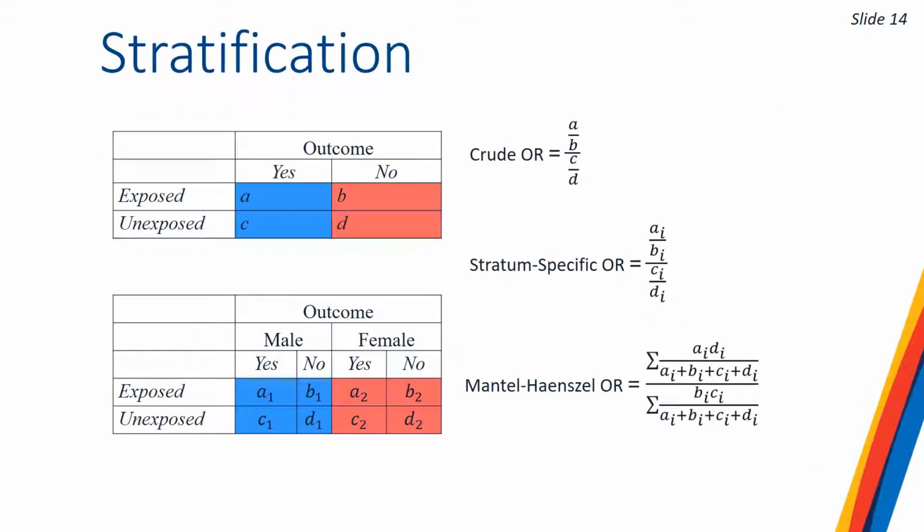On slide 14, you can see another way to account for bias, and in particular to account for effect modification, is to calculate estimates separately for each level of the confounding variable. This is called stratification. For instance, if we want to account for gender and had a sufficiently large sample size, we would calculate separate estimates for men and for women by creating a 2x2 table that separates out the parameters by gender. In the stratum-specific odds ratio, if they're different from the crude odds ratio, then there is effect modification